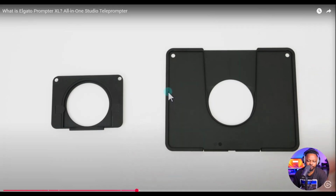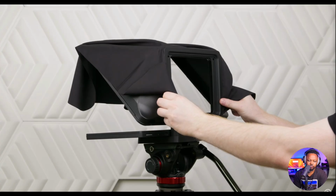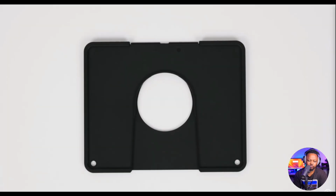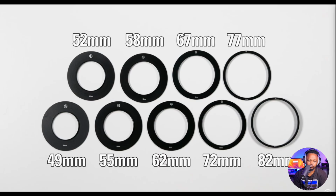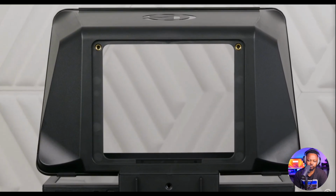You might be wondering about the size of them and why they're different than the original Prompter. Well, with the shroud backplate, we did want to offer a larger shroud to support larger cameras. And while the ring backplate has the same size compatibilities as our original Prompter, having this larger backplate sizing gives you more options. Because with the larger opening, there are more opportunities for us to come out with new backplates